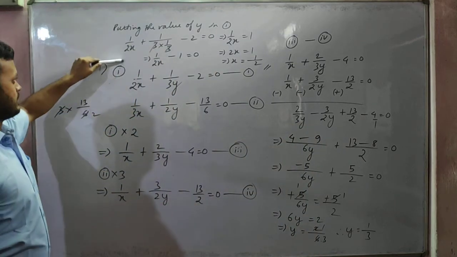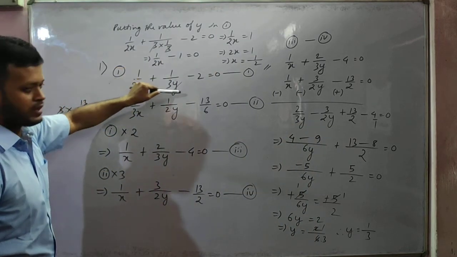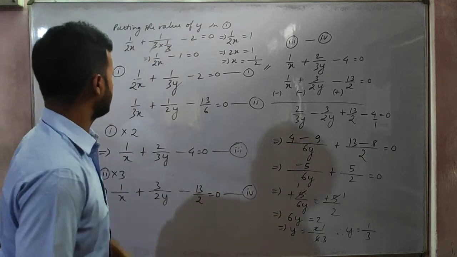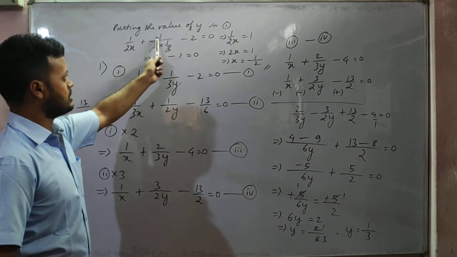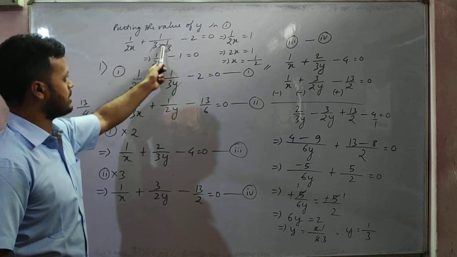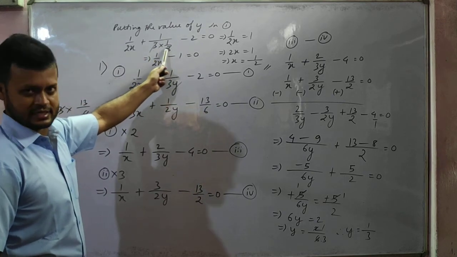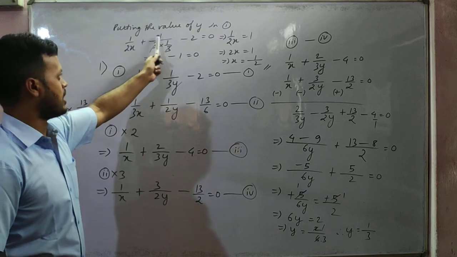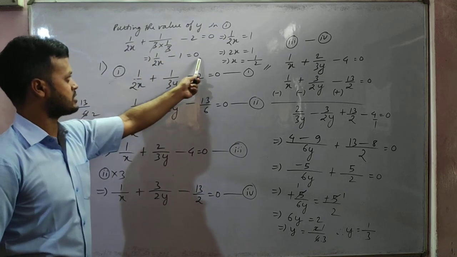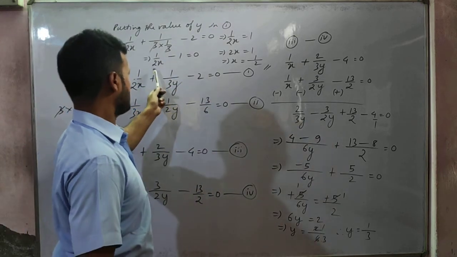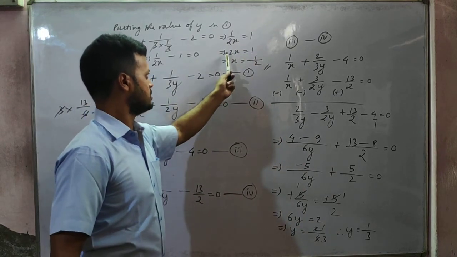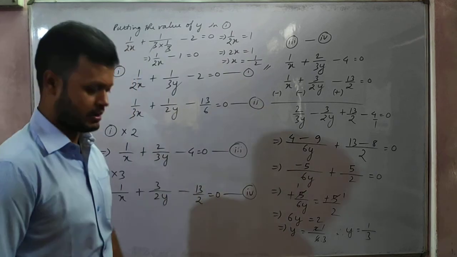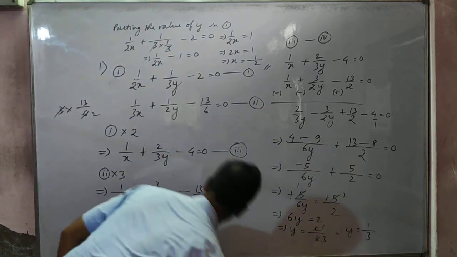You see 1 by 2x plus, here 1 by 3y is there, no? What is the value of y, students? 1 by 3. In place of y I just put 1 by 3. 3 and 3 is cancelled. So 1 will stay here. So 1 by 1 means what? 3 and 3 cancel, isn't it? So 1 by 1 is 1. 1 minus 2 is what? Minus 1. Minus 1 goes to the right hand side as plus 1. So now cross multiply. 2x into 1 will be 2x. So 2x is equal to 1. So 2 you cross multiply, x is equal to 1 by 2. So same answer you are getting.